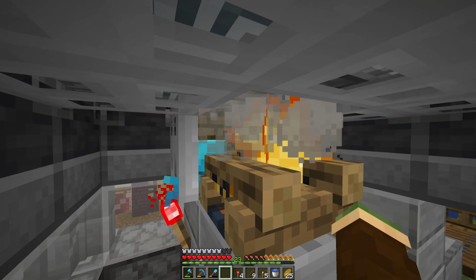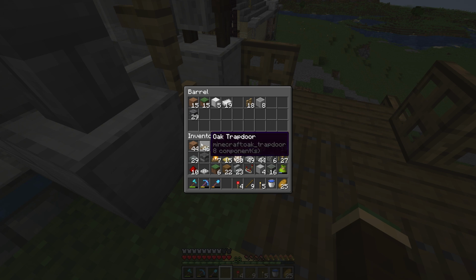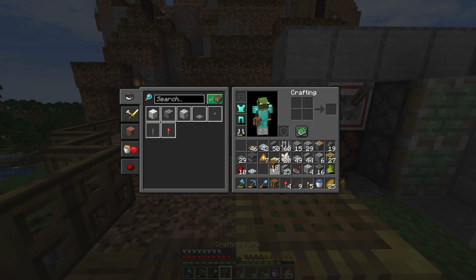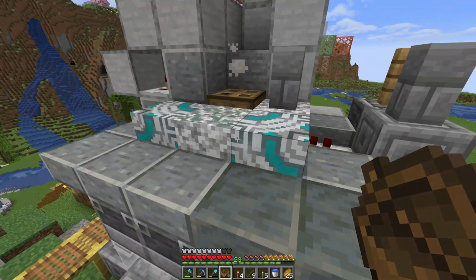Can a dispenser place a boat? I think a crafting table here is warranted. I could grab a boat from there, but no. Alright, so...